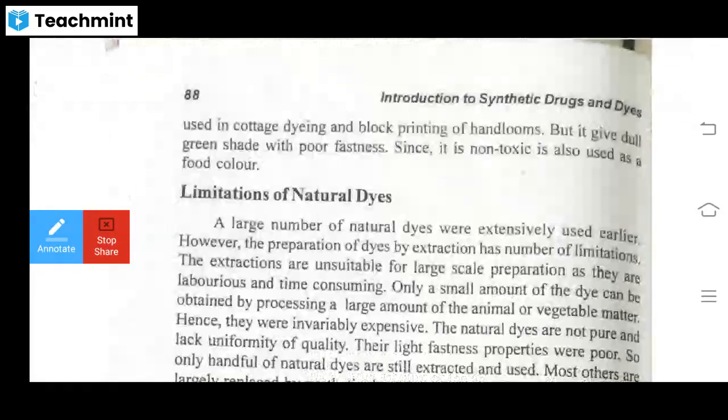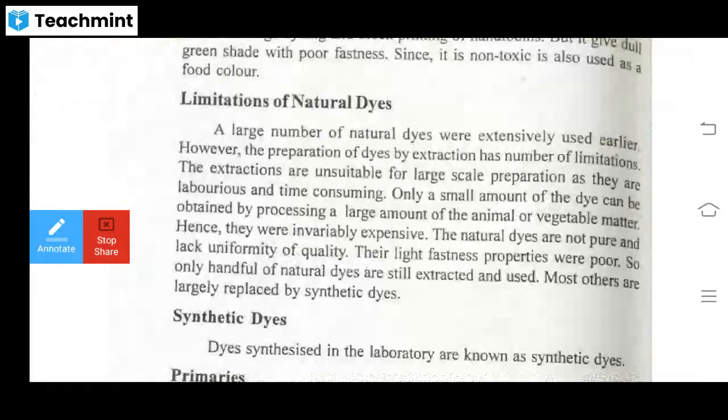So some of the limitations also for the natural dyes. Okay, limitations are that only a small amount of dye can be obtained. Okay, means the concentration of that particular active dye is less, and a large amount of animal or vegetable matter is required. Okay, they were invariably expensive also. So expense does not allow alternate for the another dye